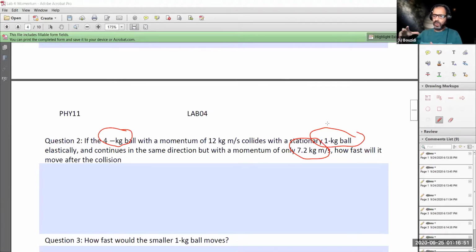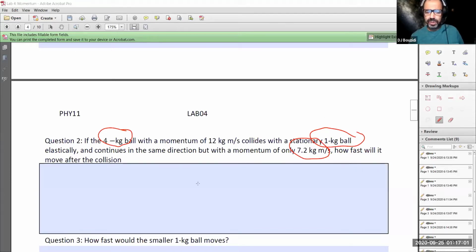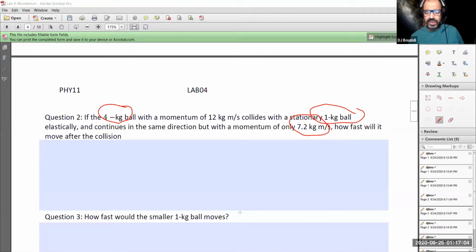So basically it slowed down. It was moving 3 meters per second. Now it's moving less because part of its momentum has gone to the 1 kilogram ball. So it lost some of that momentum, which brings me to the ball of 1 kilogram. That's question 3. How fast will that be moving? First, we need to figure out how much momentum it received. Remember, the initial ball, the 4 kilogram, had 12 kilogram meter per second. Now it's only moving with 7.2 kilogram meter per second. So the first thing I need to know is how much the 1 kilogram ball took in terms of momentum. And that would be